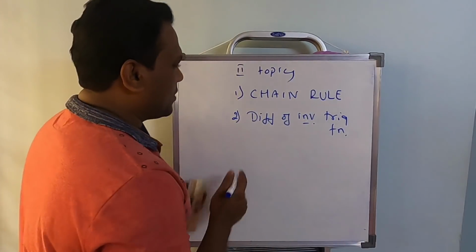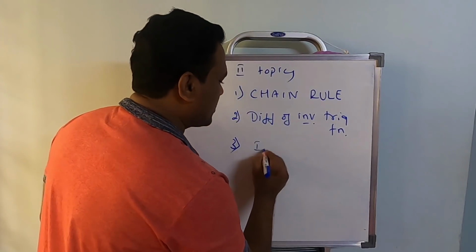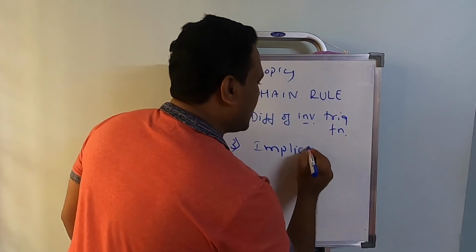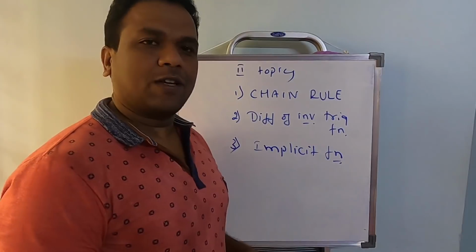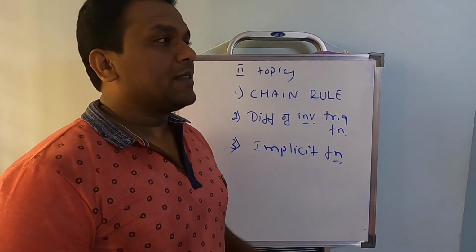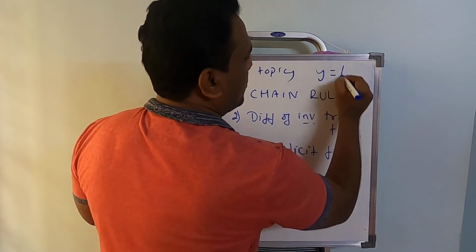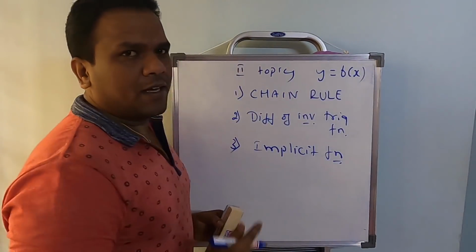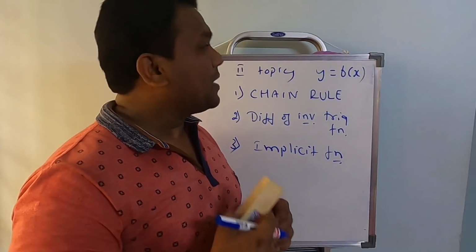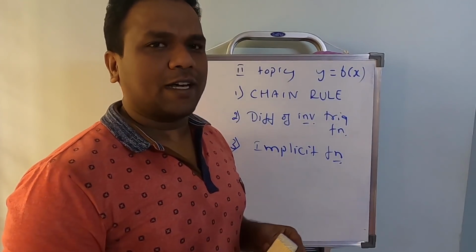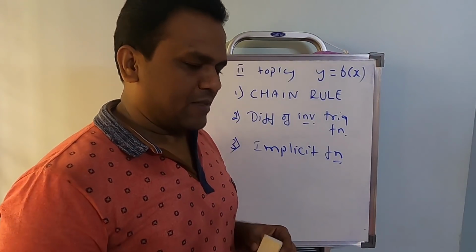Along with this, yesterday, the last topic we studied was something called implicit functions. I have given you the explanation for implicit functions. There are a few problems where it's possible to express y in the form of f of x. If it's possible, you express and differentiate directly, not an issue. But if not possible, go for direct differentiation. I've explained two problems which are worked examples from NCERT.